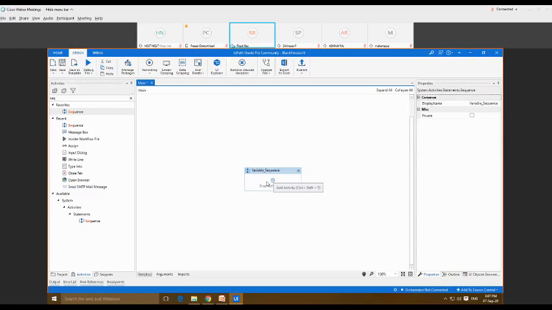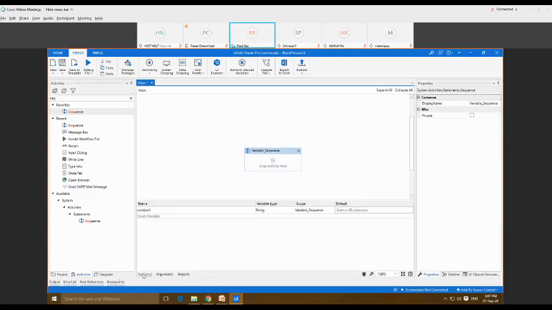I'm just going to click on this variable panel. So this panel has been opened for this particular file. Now I'm going to follow this naming convention, that is basically the camel case, or you can say the upper camel case. So now I'm going to create the variable with the name first name. So this is our variable.